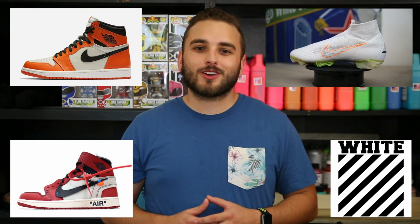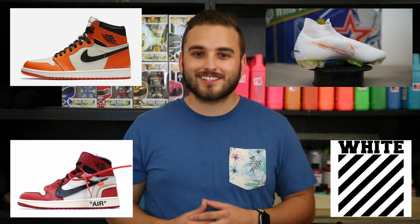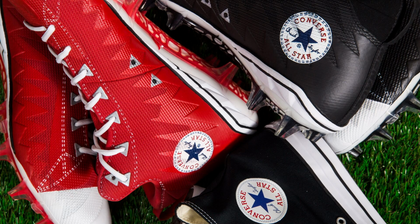Today we're going to be showing you guys how we made a pair of these Jordan 1 Shattered Backboards on a pair of the Nike Superfly Elite 6 soccer cleats. Now these shoe transformations, where we bring an entirely different silhouette's colorway and transfer the entire silhouette and the colorway onto a completely different model, is kind of a thing that's been around for a long time when it comes